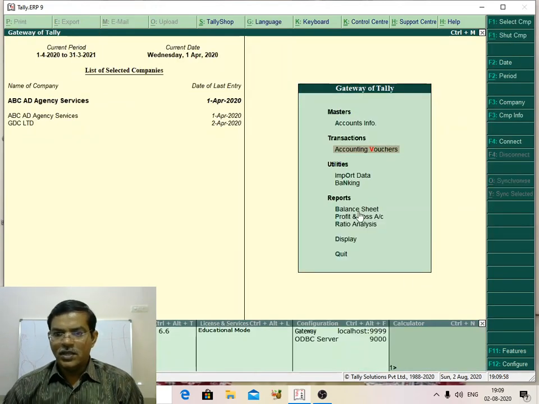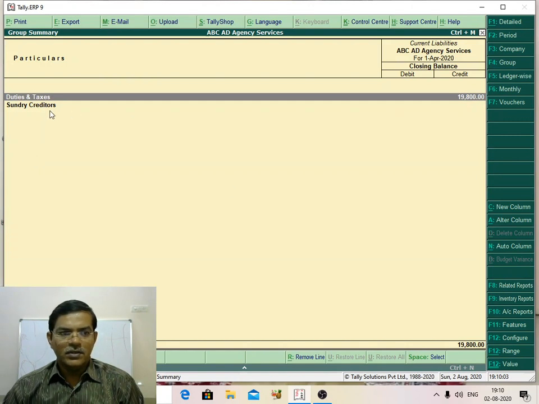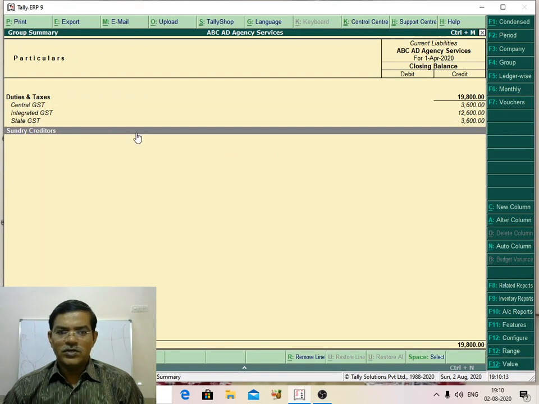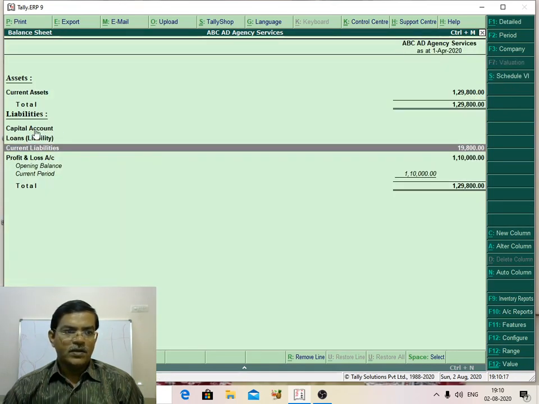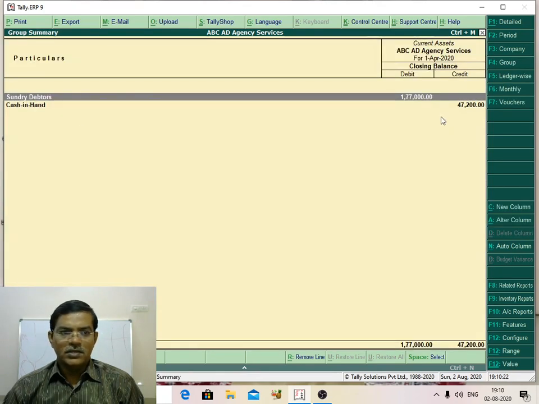You see that in your balance sheet, under current liabilities, sundry creditors are 0, only taxes are there. Okay, the total is 0. There is no creditors value. Now if you select the current assets, the cash in hand is this much. Okay, it's a negative cash balance, right? Cash always has a debit balance, you don't have any credit.